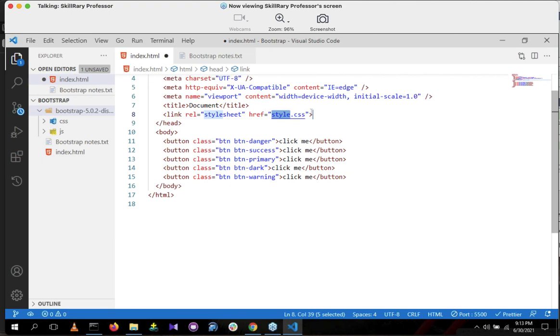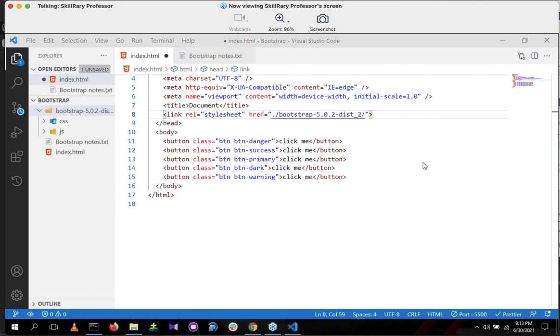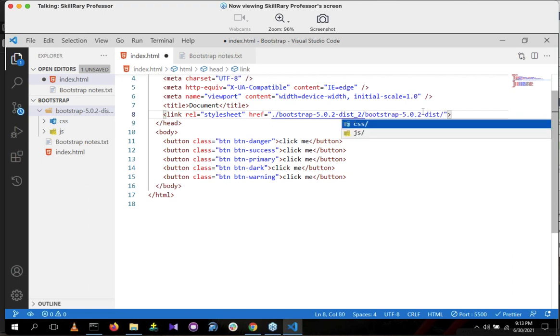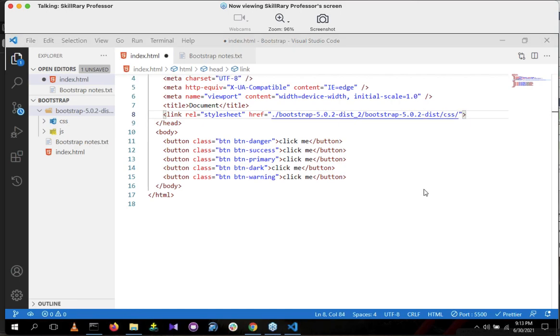The same way. Link the CSS and remove this style.css. Use // and call this Bootstrap folder. Inside the Bootstrap folder, we'll have the Bootstrap folder again, and then call the CSS.